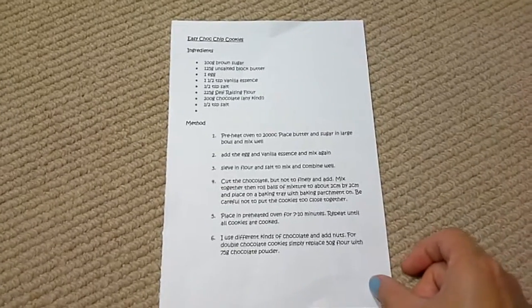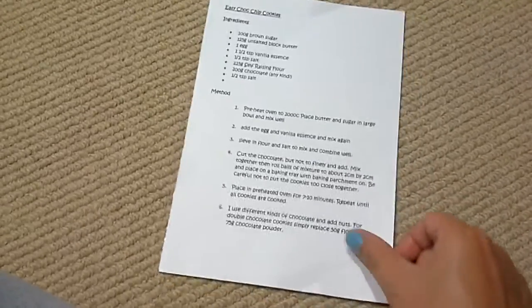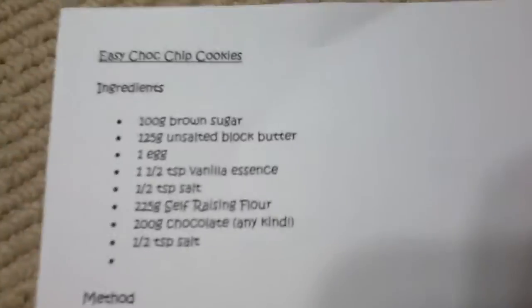Yep, so this is the recipe that I got over Google. I just searched for it. I can't remember where I got it from. Anyway, it's called Easy Chocolate Chip Cookies. Now, I find that the recipe is a bit weird. As you can see, it calls for